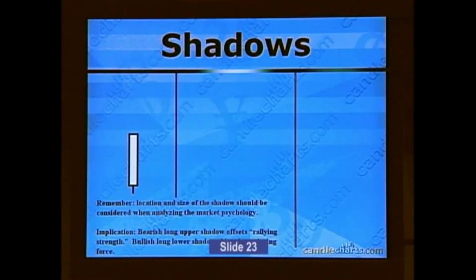Okay, we're going to look at shadows now. As important as the real bodies are, shadows are very important. The Japanese say, like the right hand helping the left. So it is with real bodies and shadows. Here we have a candlestick line on the left that closed on the high. Now, if we have an upper shadow that offsets some of the bullish strength, the Japanese will say a long upper shadow suppresses the rallying strength. One upper shadow is not that big a deal, except for a couple of candlestick lines. We'll look at hammers and shooting stars,